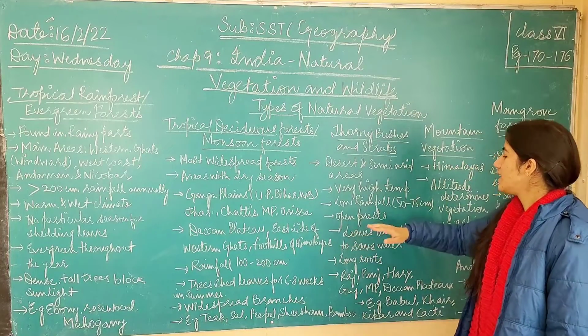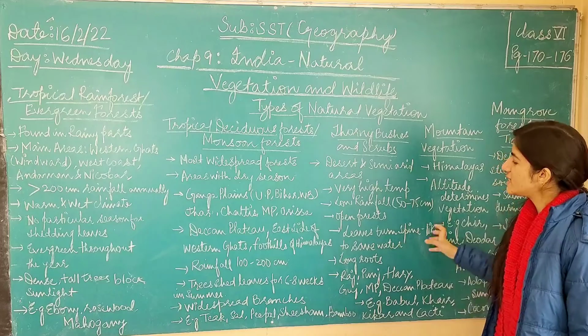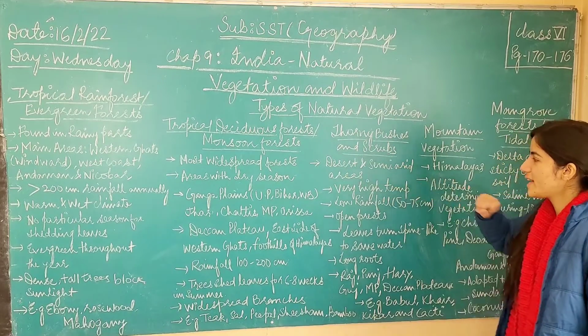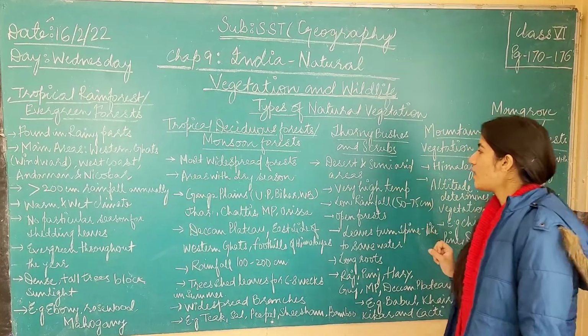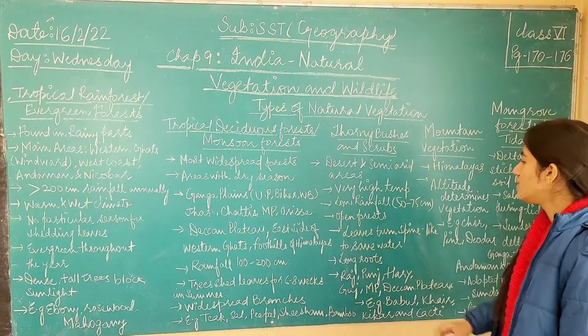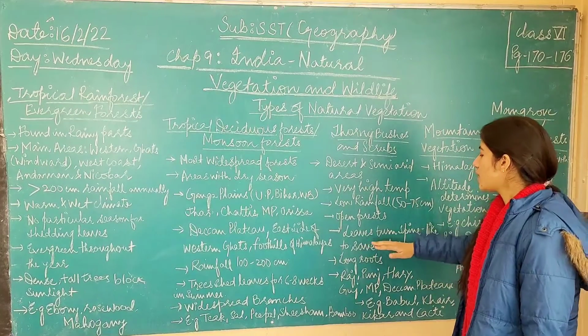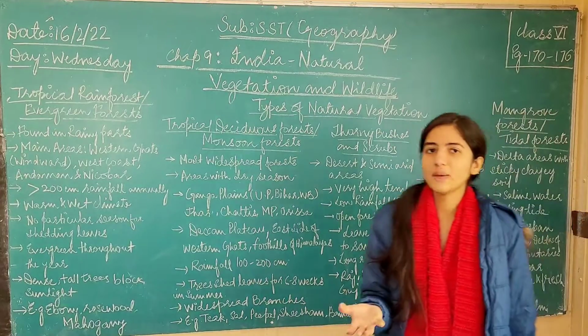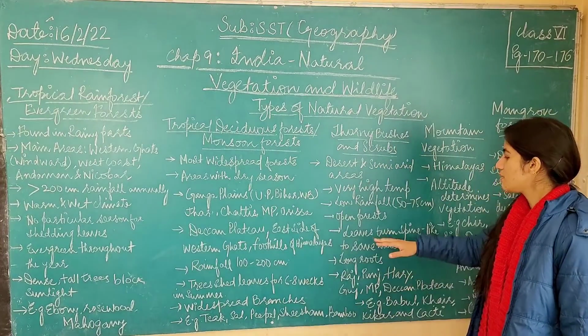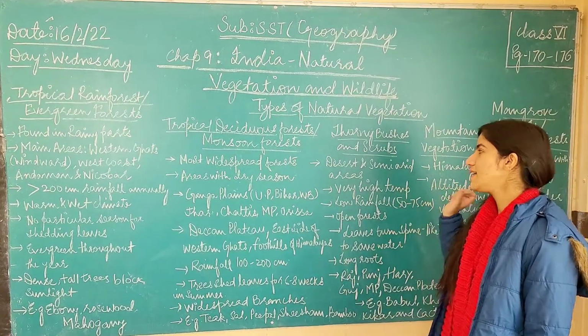See the next point, which is leaves turn spine-like to save water. These are the areas which are desert areas and semi-arid areas, so they have very scanty rainfall and the sun rays are falling directly on the ground, and that is why the plants try to save the water so that evaporation does not take place from the leaves, and they do not lose much of water because the water is already scanty in these areas.